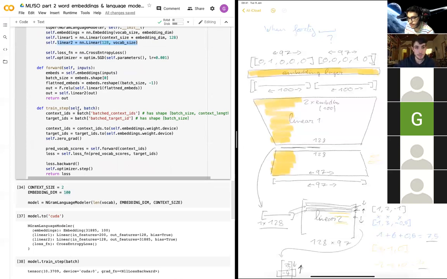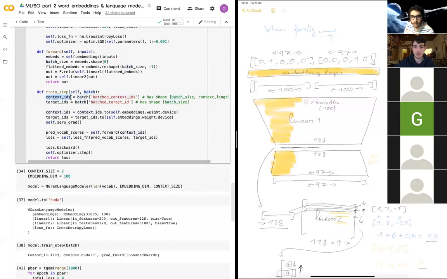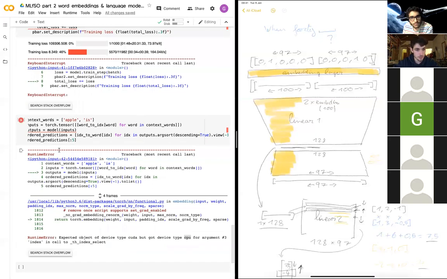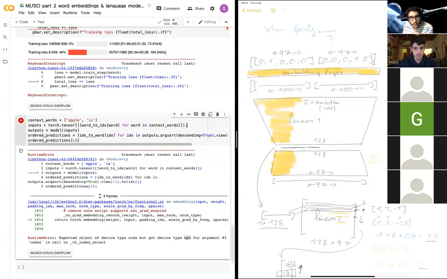And in the training step, whenever we're calling batch, we obtain the tensors from the batch, and then we actually send them to the GPU by using this to command. So for instance, we do context IDs to the device. Here I'm basically grabbing the device, which is CUDA, which is the GPU, and I'm sending the vector over to the GPU, and then afterwards I can do the computations. So every single vector has to live on the GPU before it does the computation, and that's what we're missing over here. In order to solve this, we then just need to say to